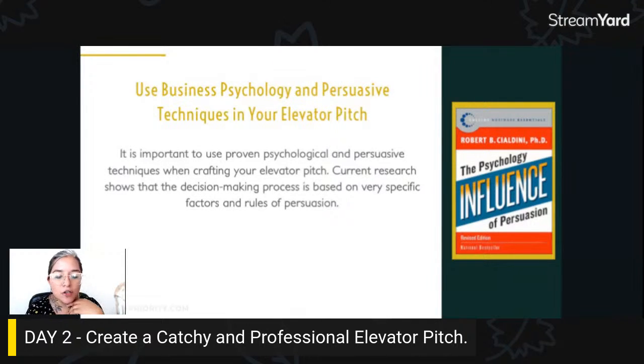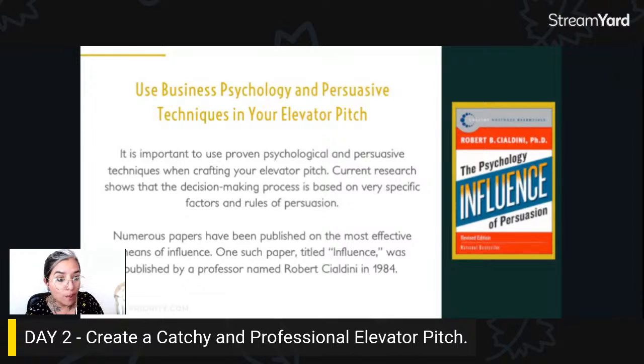It's really good. It's really interesting, and you can apply this to everything. If you don't want to do the dishes and you want to persuade your partner to do it, you will find some tools here. So that is really interesting. But we have to use these principles in our elevator pitch, okay? In our short bios, when answering job interview questions, okay?